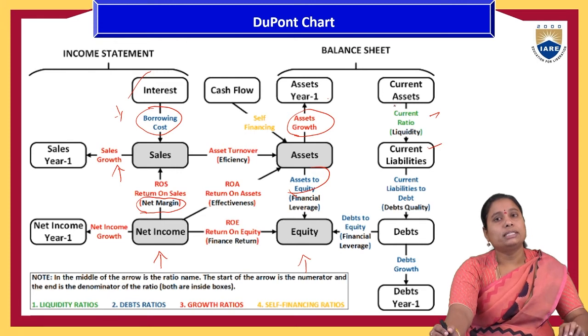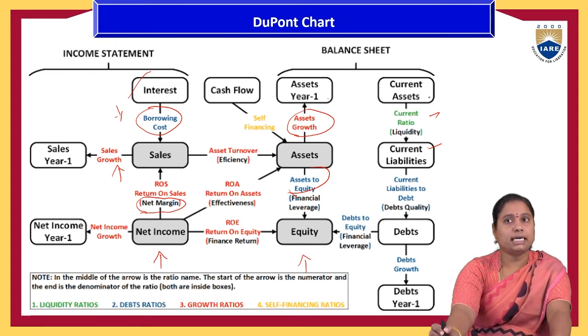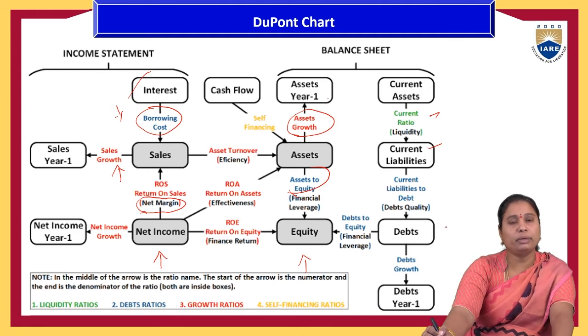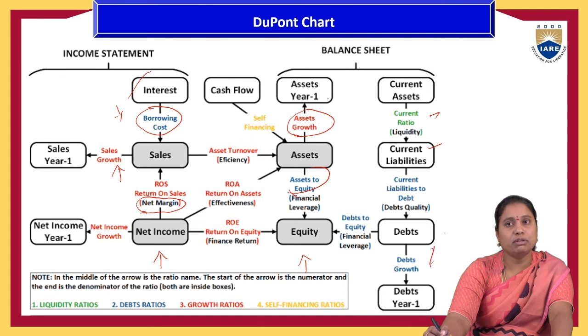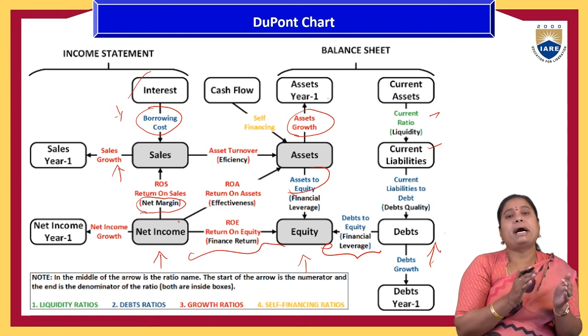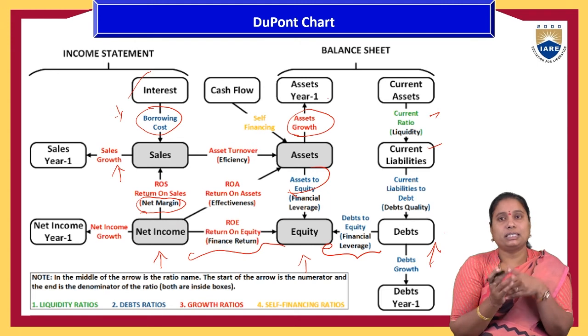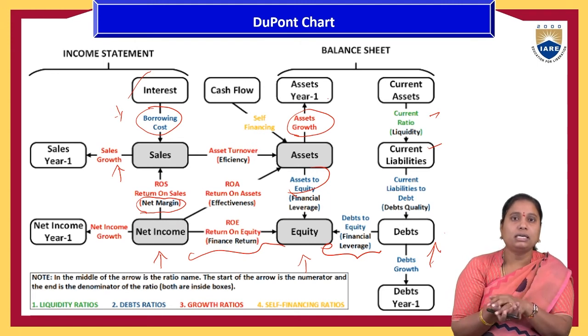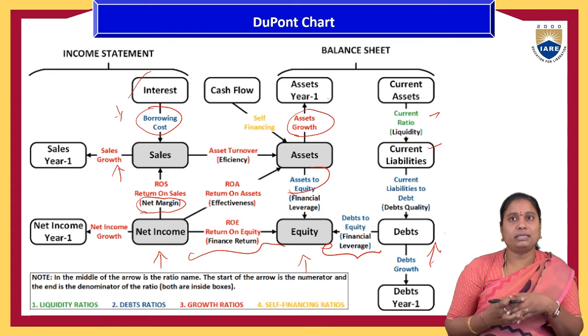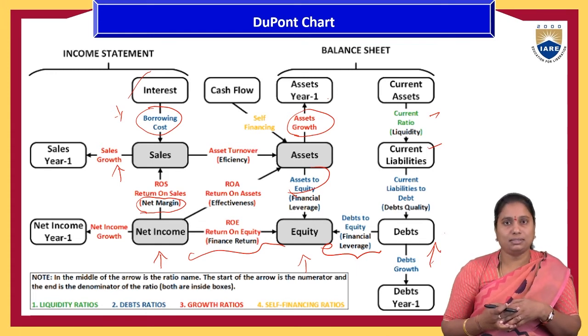And that too, their operational efficiencies: their current assets are more, current liabilities are less, and the debt capital they are going to be repaying in time, then obviously their operational efficiency will increase. The multiplication of these three growth elements will be called the DuPont chart. That means every part of the business organization is interrelated with one another. If all these parts are combinedly taken into consideration, then that will be called the DuPont chart.